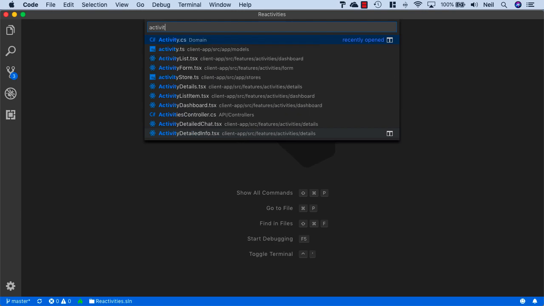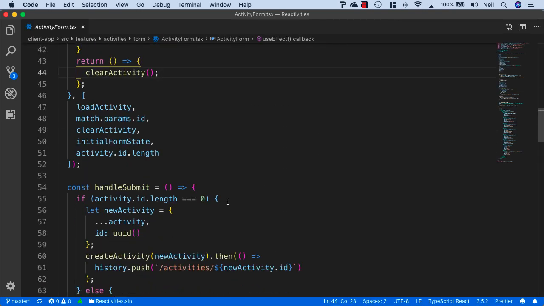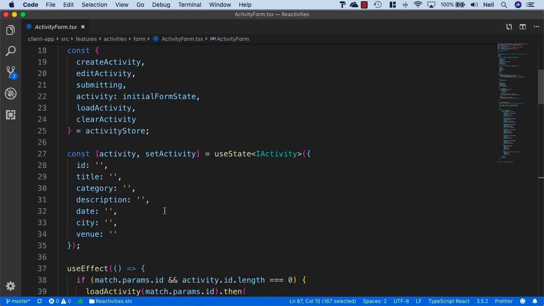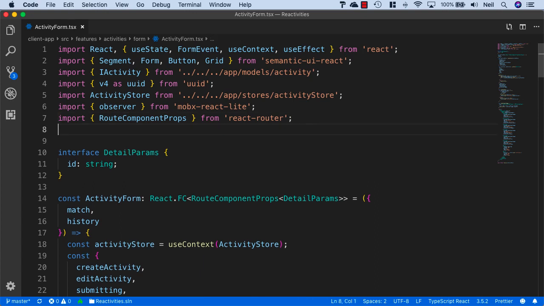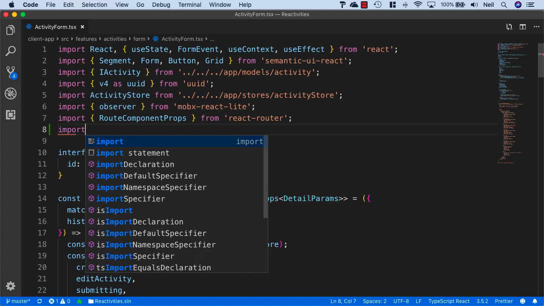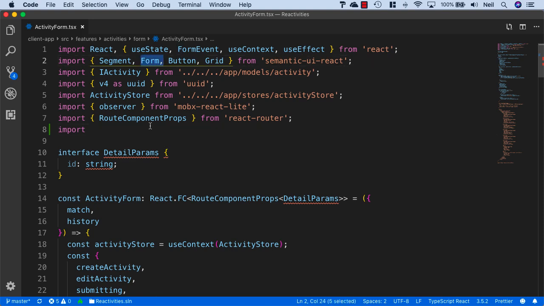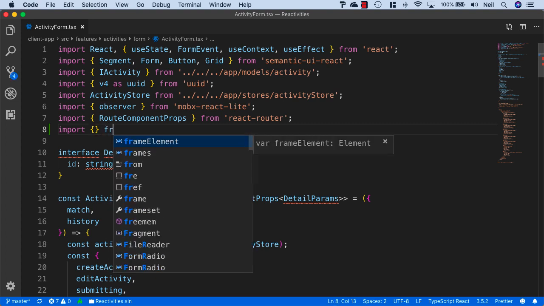So I'm going to open up the activity form, and what we're going to do is just update our title field for now, just to make sure that Final Form or React Final Form is actually working as expected. So I'm just going to head up to my imports and just manually import what we need here, because React Final Form exports Form as Form, and we're already using Form from Semantic UI React. So we'll need to use a different name for this, and I'll say from